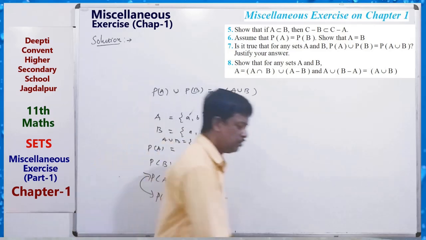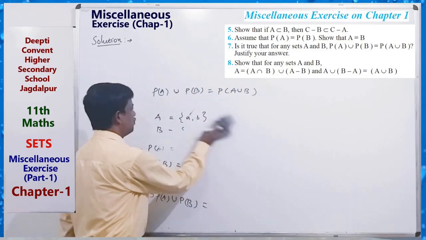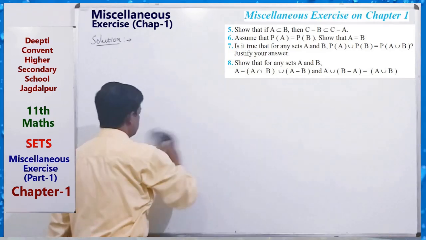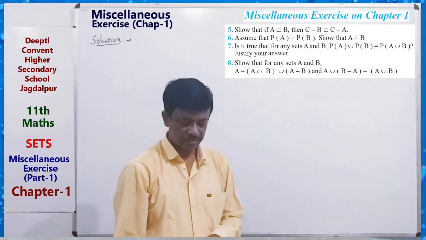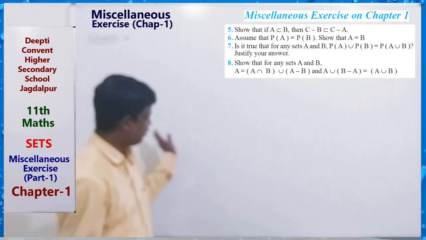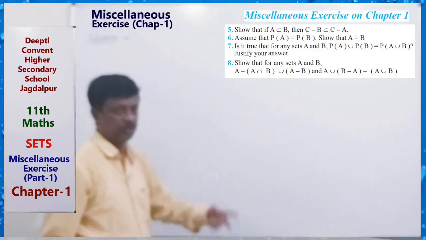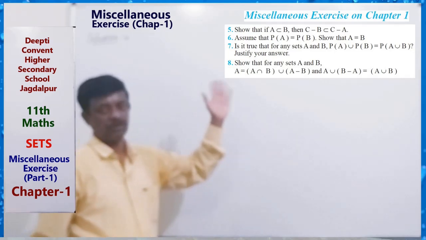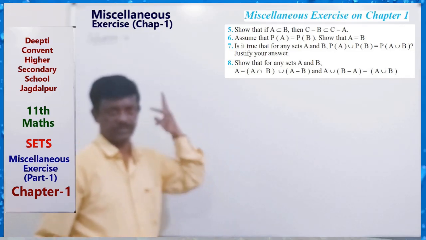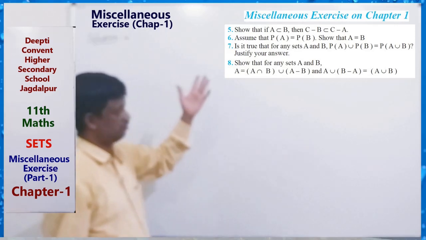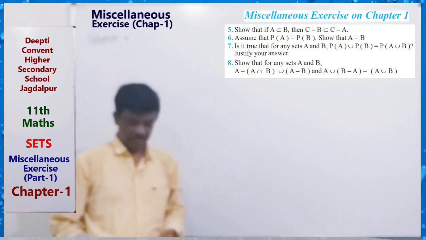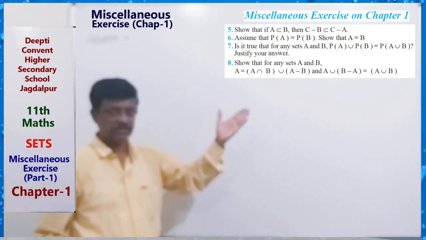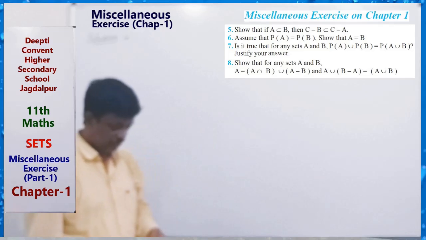For any example, for a particular example 0, 1, 2, 3, 4, you can get all the values and see whether it is true or false. So take some examples as suitable and check for 1, 2, 3 type of sets and then see whether it is true or not. Taking at least 2 sets, check whether it is true or not. If for 2 different sets this relation is not true, then it is false. Okay.